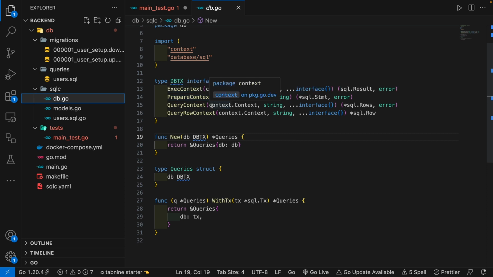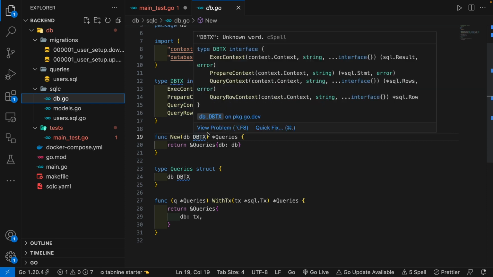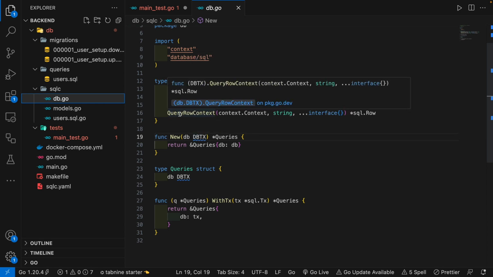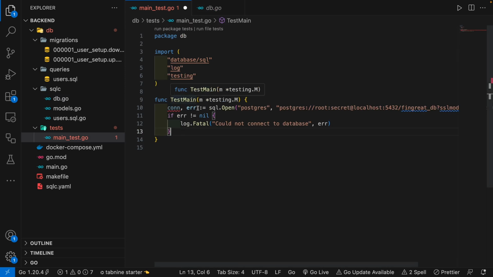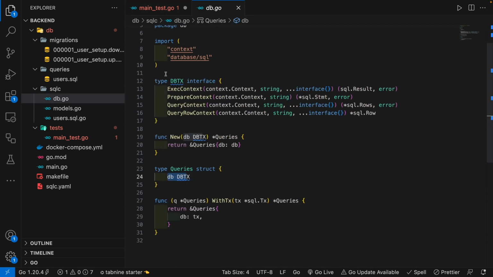Then executes the query. So a query that doesn't return something, you execute it. Then query is to query information. Then query row is to query row information. So as the name implies, this is an interface that does all those things. And if we don't know what an interface is, an interface is just saying that for whatever object is going to implement that interface, it must perform these operations, okay? So now we have a struct here called queries, and the type is of this interface. So it means our DB implementation here, this connection, is going to return a connection that implements all this interface,